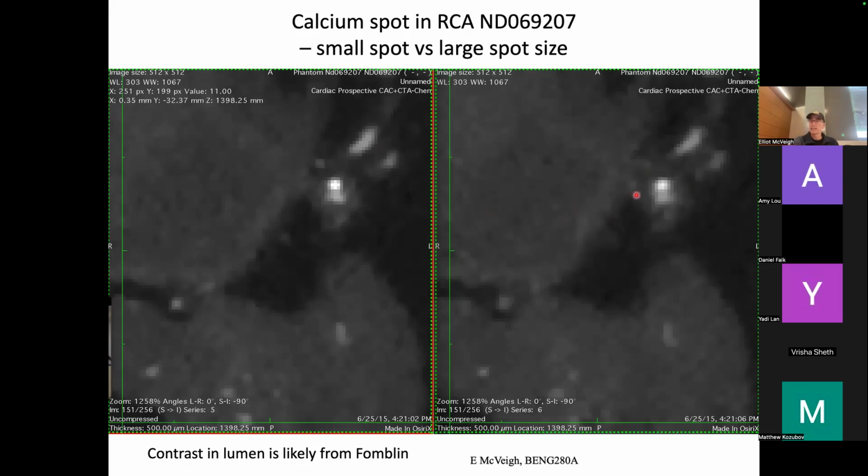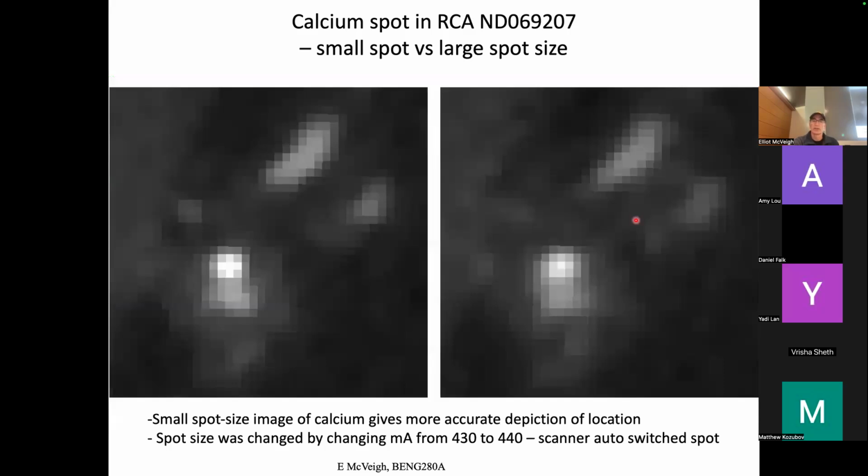So you can see it kind of blurs. We'll zoom in, right? Here's the smaller spot size, and you get a central cross here, which is quite bright. Here, that kind of gets blurred out, and it's a lower amplitude. It mixes with the thrombin more. There are objects here that you've actually resolved that over here you don't resolve with this spot size. So this would be a high resolution object that you would hope that you could scan with a small spot